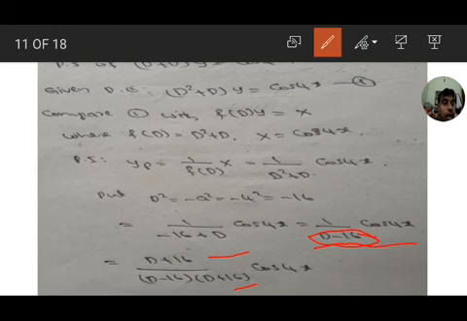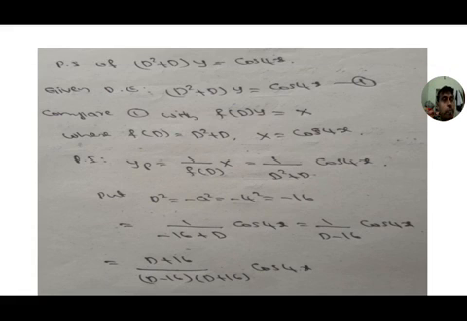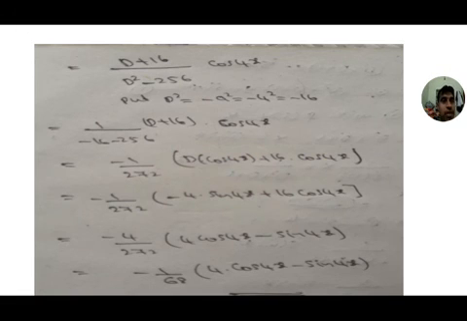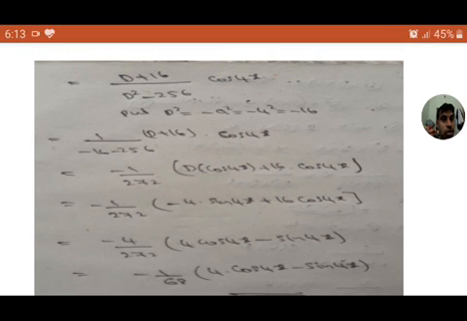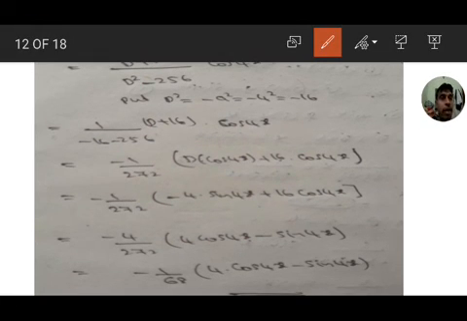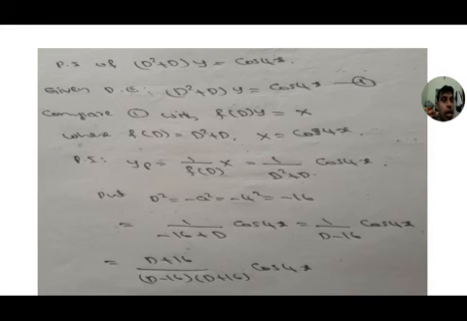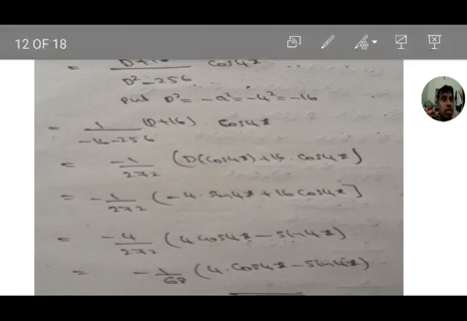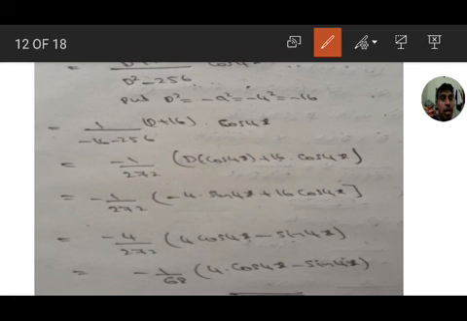D plus 16 by D minus 16 into D plus 16 cos 4x, because to get D square, rationalization. Next step, then we get D plus 16 by, here a plus b, a minus b into a plus b, so a square minus b square, a square means D square, minus 16 square means 256. Okay, D square plus D plus 16 by D square minus 256 cos 4x.